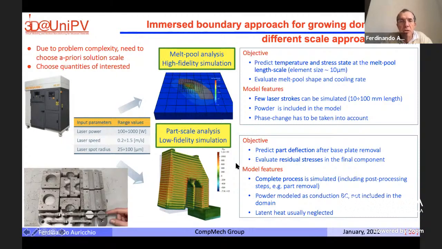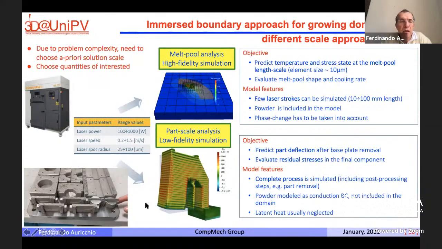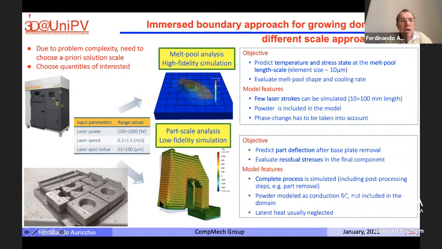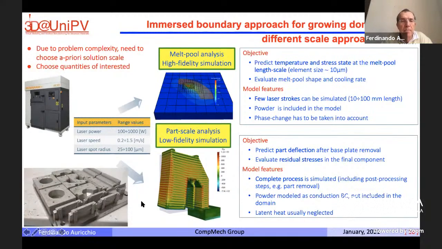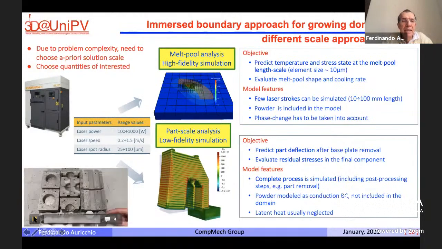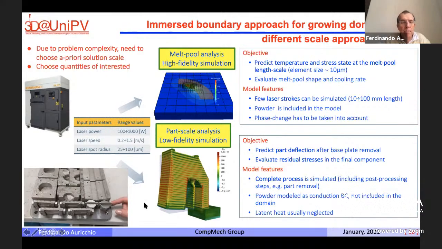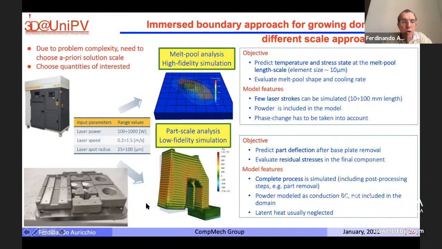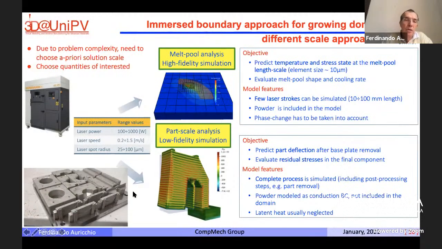The goal, in particular of these simulations, is to be able to reproduce effects like these. That's an experiment that unfortunately we did in our lab. We have a metal printer. We 3D printed a metal plate with a bunch of components, and there were so many components and so much residual stress that the screws tying the plate to the machine broke, such that the plate at the end bent completely, and we had to stop the production with some economic loss.